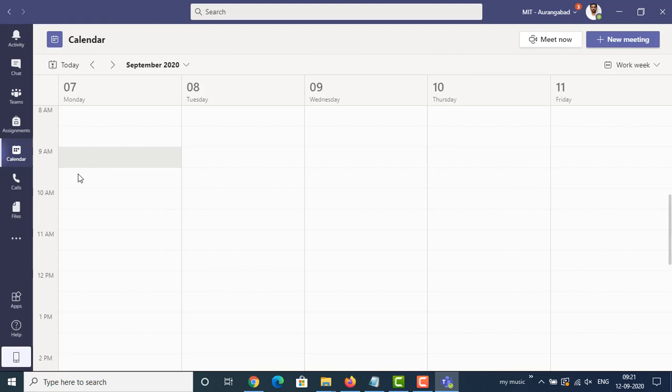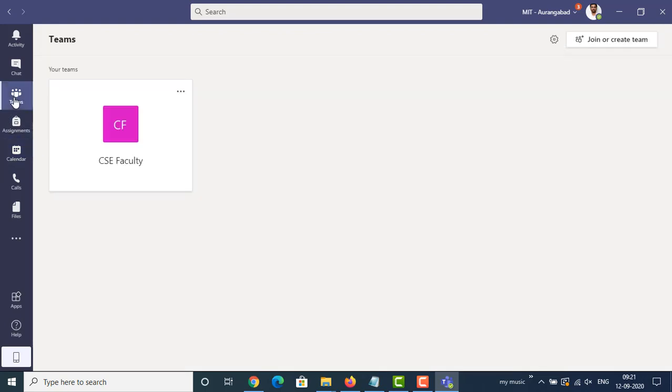Now one more interesting feature in Microsoft Teams is that we can create teams of participants. For creating a team, we are going to select this Teams option, and then click on the join or create team button.